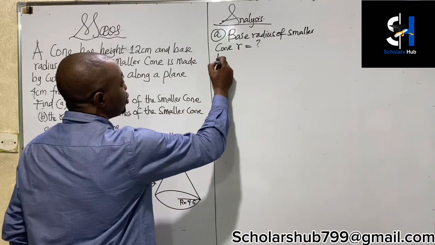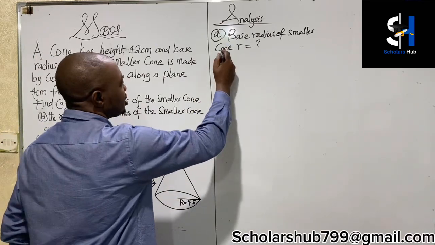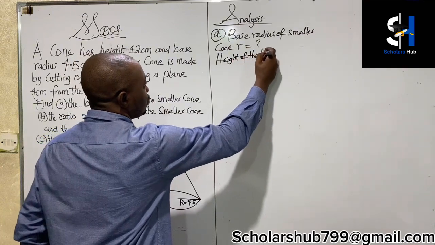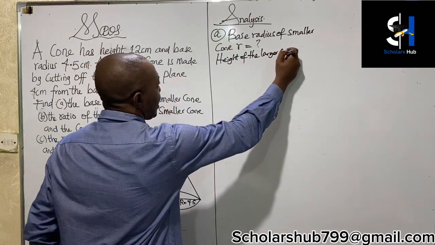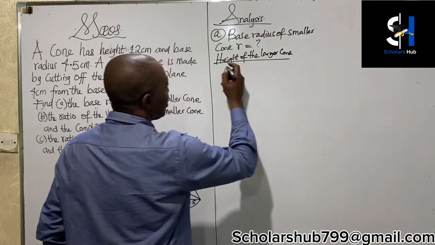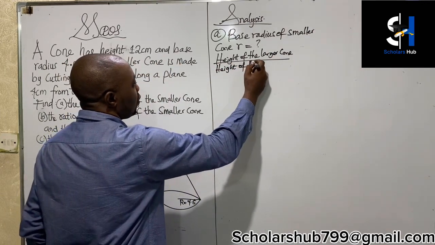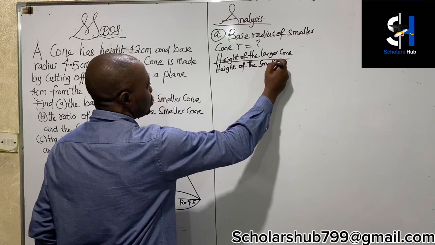So we have the ratio of the height of the larger cone over the height of the smaller cone